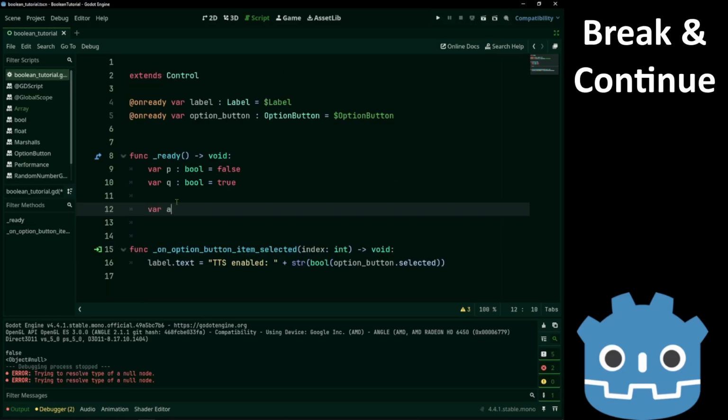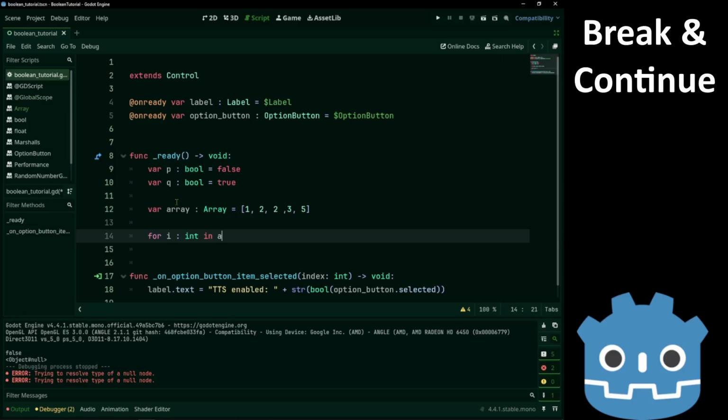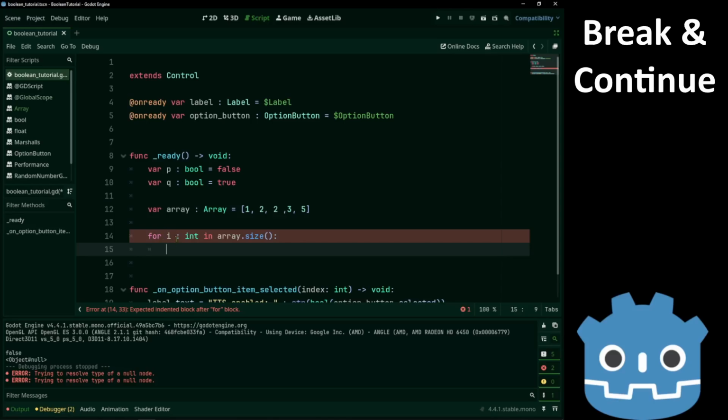Now let's see a better example for breaks. Another array. Instead of a while, we'll take the for loop. This one will run the body for each element. The first repetition starts with I equals to 0, and the last will be array size minus 1. We'll see about looping arrays in the future, so don't worry.